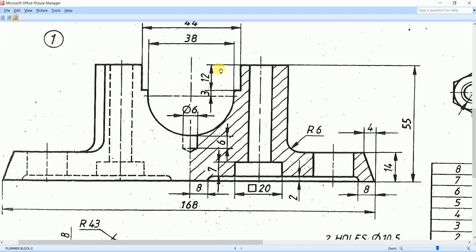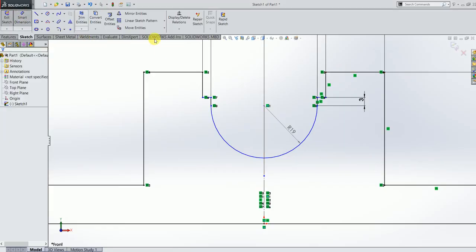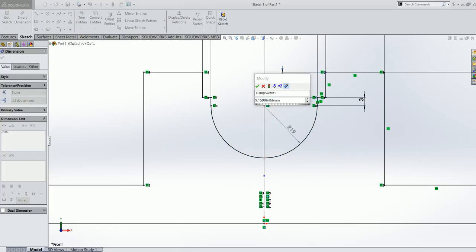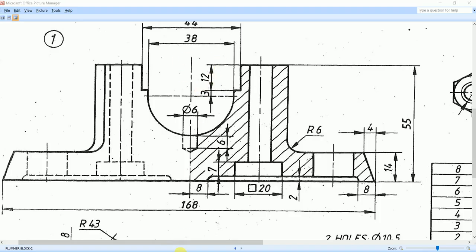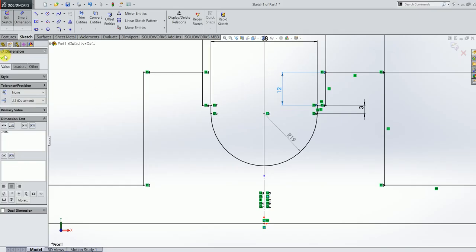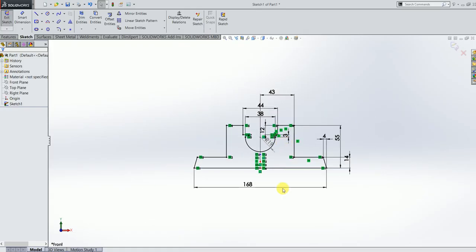Here we need to add the dimension of 12 mm, that is the distance from this top edge to this small horizontal line here. If we add this dimension, the sketch is going to be constrained. So this distance should be 12 mm. Therefore I am going to give this as 12 mm. Once we add that 12 mm distance, now you can see